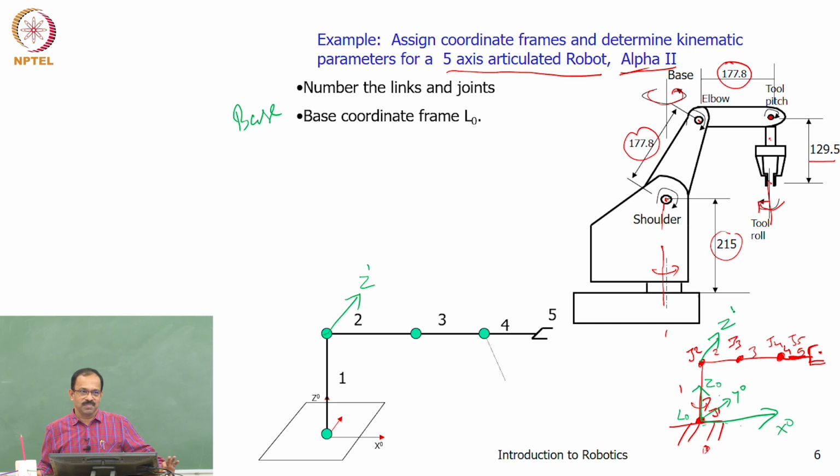Not the x-axis. We don't know where the origin is. Okay, so the origin need not be at the joint always. So don't take it for granted that the joint will always be the origin. So we have to find out where the origin of this coordinate frame is, and this origin is obtained by taking the intersection of z(k-1) and zk. So find out where they are intersecting. Z(k-1) and zk, they are intersecting at this point. Okay, so we will assign the origin L1 at this point. That is the origin of the coordinate frame here.